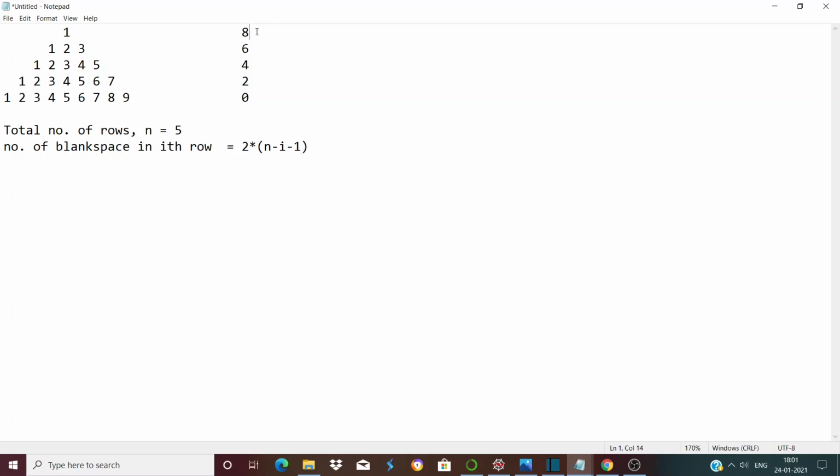So in row number 0, how many blank spaces do we have? We have 2 into the total number of rows, that is n is 5, so 5 minus i, and for row number 0, i is 0. So 5 minus 0 minus 1, right?